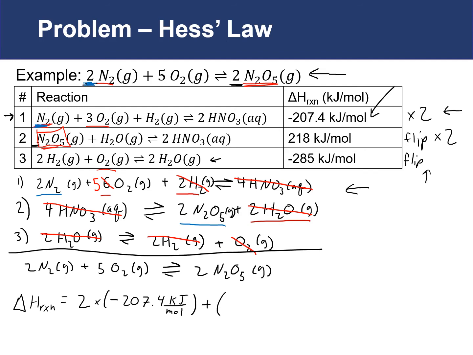plus the value from our second reaction. Now we flipped it, so we will switch the sign. We doubled it, and so we'll multiply it by 2 times the value, which is 218 kilojoules per mole. And then we're going to add the value from our third reaction. We flipped it, so it gets a negative sign, but we used only one of them. We didn't double it, so the number will stay as it was. We are not going to double or triple or do anything like that. So this would be negative 285 kilojoules